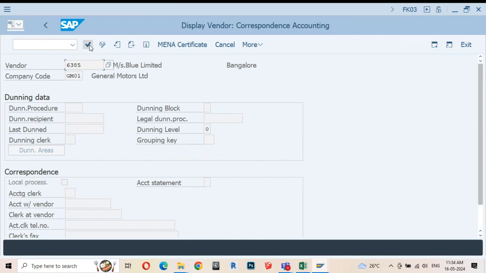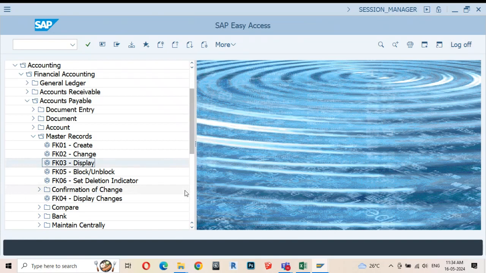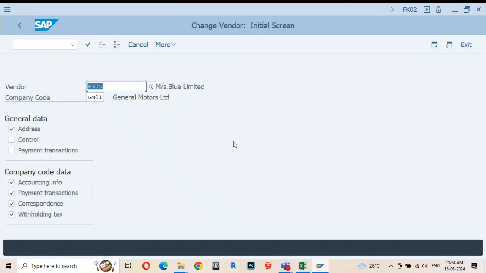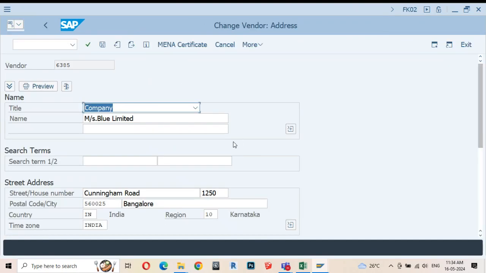Okay. So this is as far as your display is concerned. Now, if I want to add or change some data, I go to the FK02 option and change. In FK03, you saw the options were grayed out. I had no way I could enter the data. I mean, I could change the data. But here, if I want to,